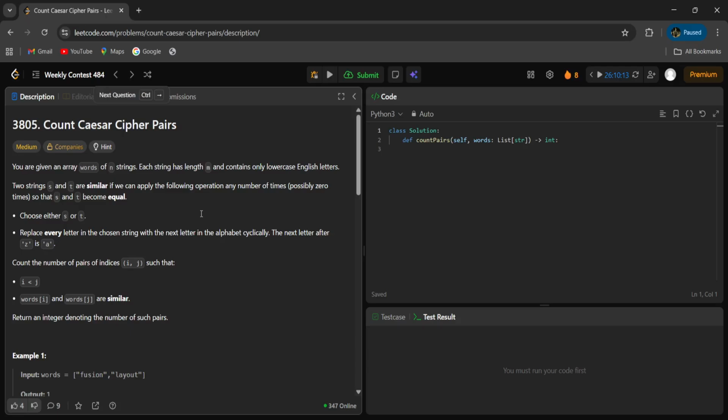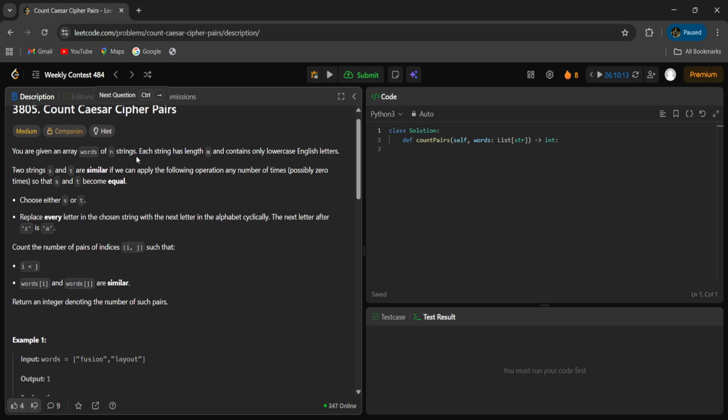Okay, so the third question is Count Caesar Cipher Pairs. You are given an array words of n strings. Each string has length m and contains only English letters. Two strings S and T are similar